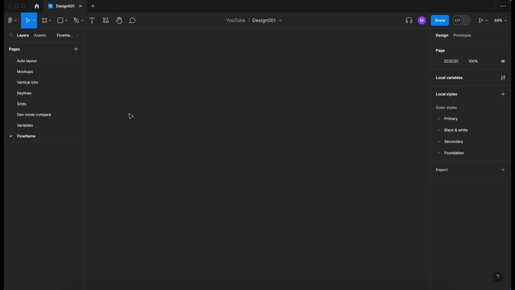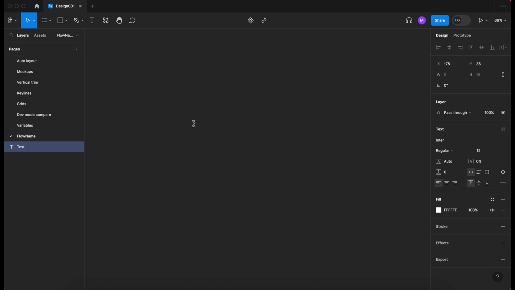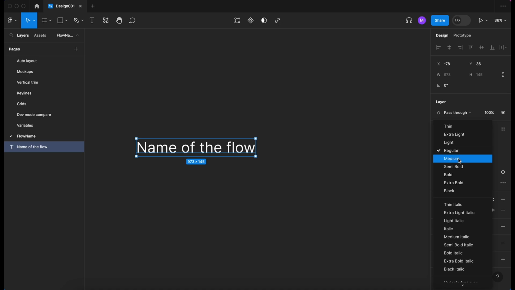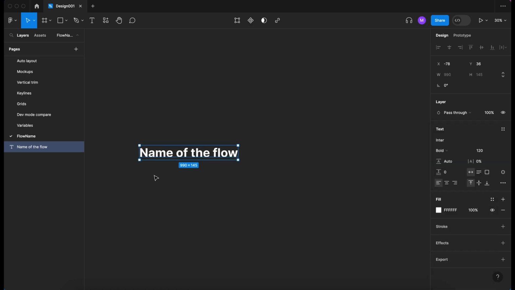Hello there. In this video, we're going to look at building a FlowName component in Figma. So, I've created a new page in my Figma file here, and I'm going to go up and grab the text tool. Let's click and let's add name of the flow. Let's add that in. Let's make that a little bit bigger. Make that 120. Let's make that